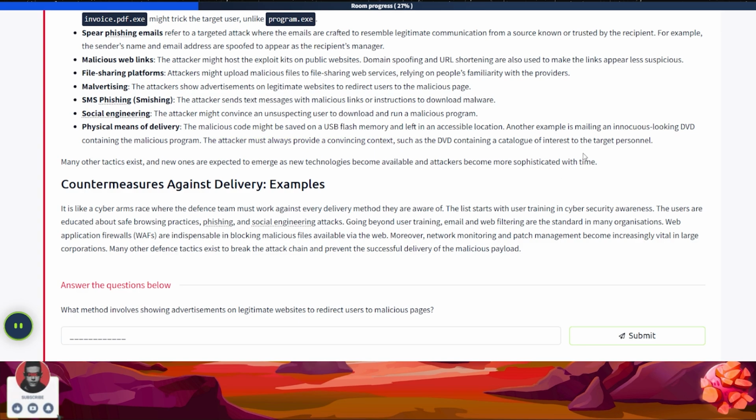There are movies based on this, I think, if you have seen that, where physical means are used to deliver malicious code. There are many movies out there. Countermeasures against delivery: it is like a cyber arms race where the defense team must work against every delivery method